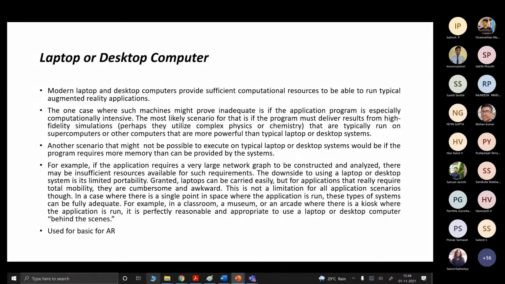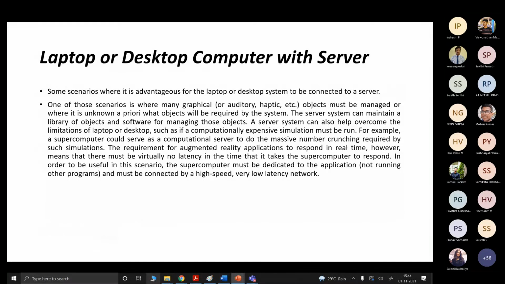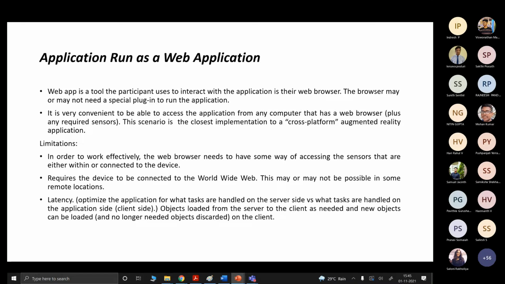Only basic AR applications can be performed with laptops or desktop computers. To avoid this problem, the laptop or desktop can be connected with a server. With the help of this, the required computations can be performed.